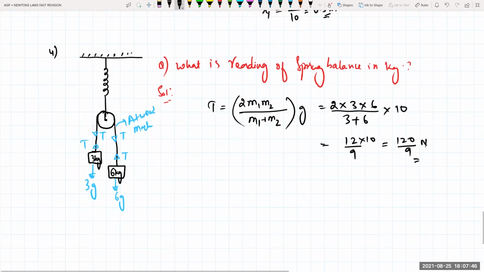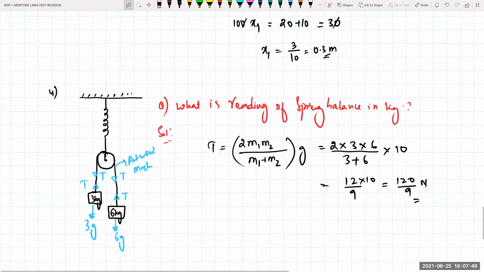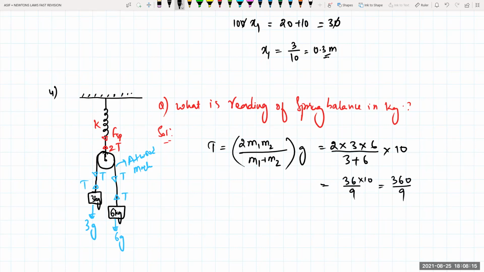What is being asked there, beta? Spring force, right? So here this will become how much for me? 2T. So this will be what? Spring force only. 2 into 3 into 6. 2 threes are 6, 6 sixes are 36, sorry. So this will be equal to 36 by 9, 36 by 9 into 10. 4 into 10, 360 divided by 9. What comes? Yes, sir, 4 into 10, 40. So this one is 40 newtons.